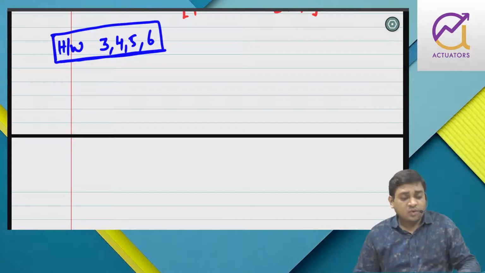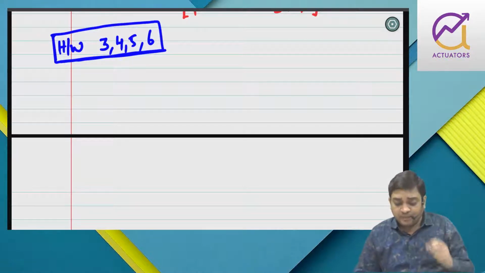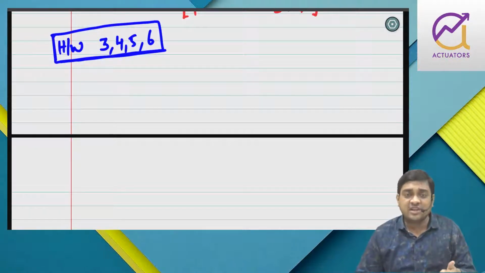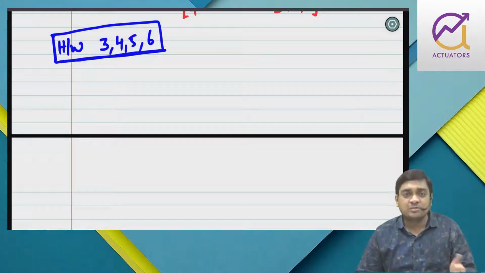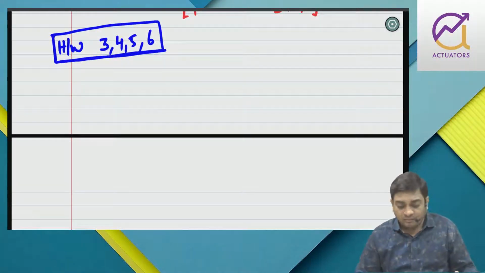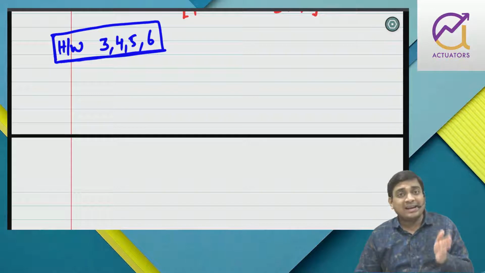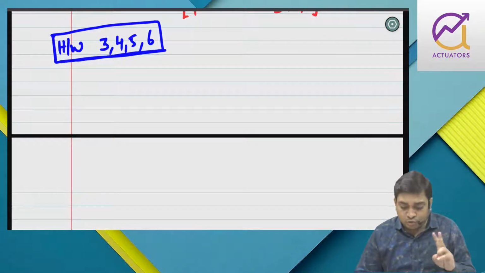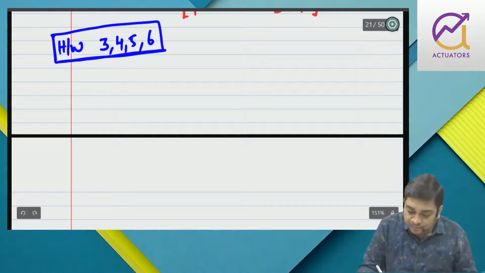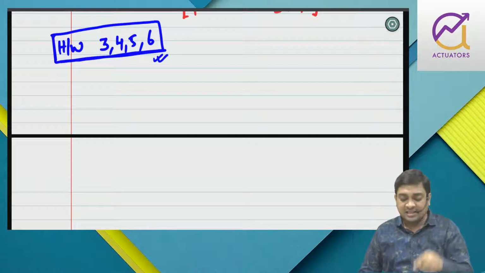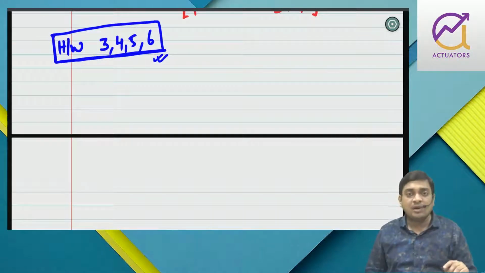Last class we had started with AS11, that is the effect of changes in foreign exchange rate, right? So this particular AS deals with three aspects, that is foreign currency transactions. You sell to a foreign customer, you buy goods from a foreign supplier, you take a loan from a foreign bank. So we have completed the foreign currency transaction part, and I remember that I have done two problems and I gave you 4 sums as homework. So first we will be discussing these 4 problems which were given as homework,